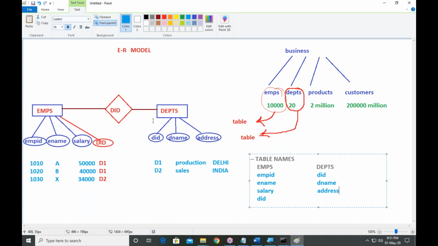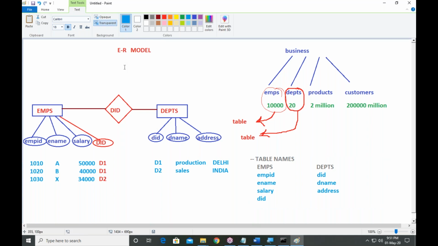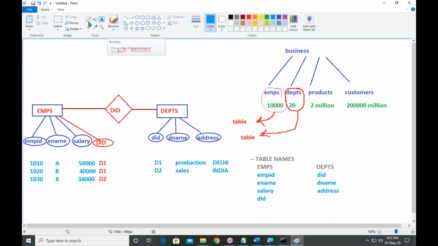From the ER model, consider object names as table names, and property names as column names.